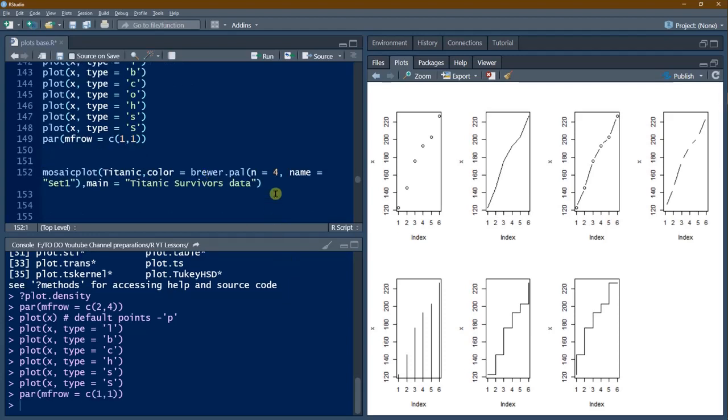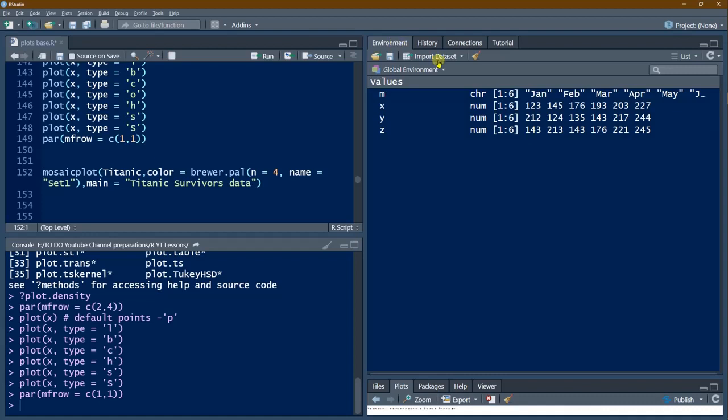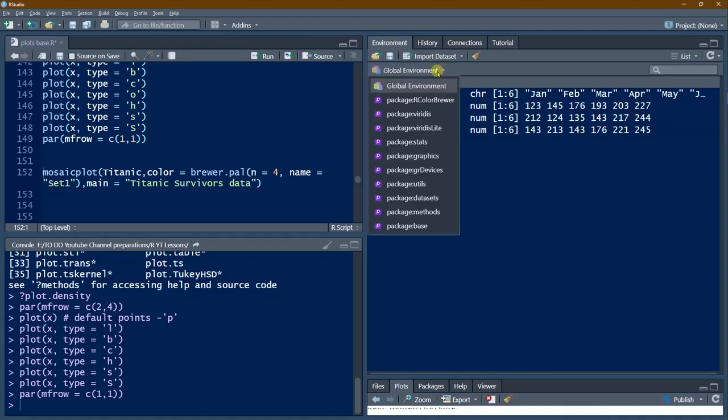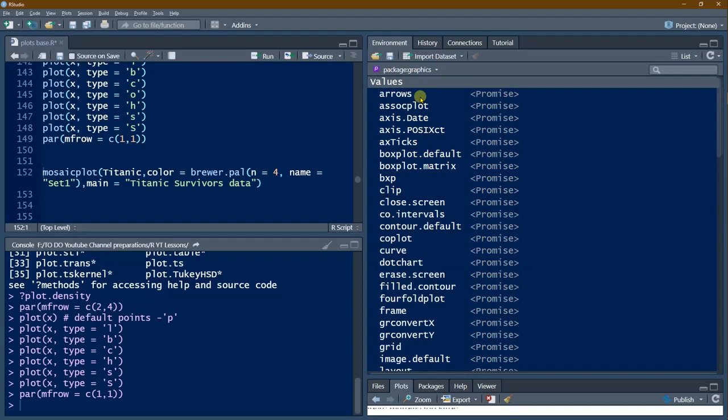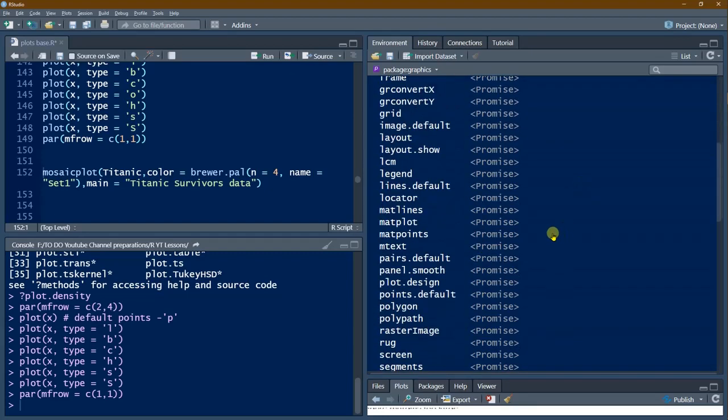Now I want to tell you, in the global environment, you can just click here to see various packages. Here I will choose the graphics package. The graphics package is going to tell you the various values available there as well as functions available.